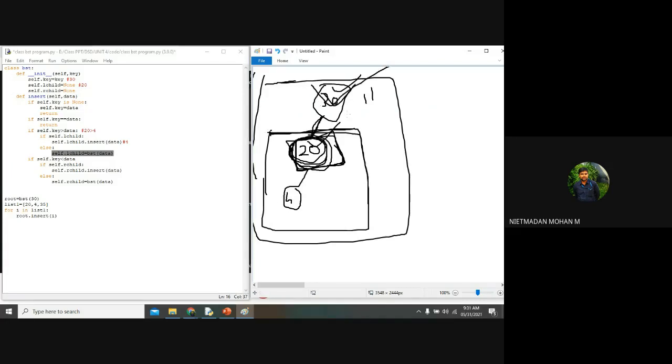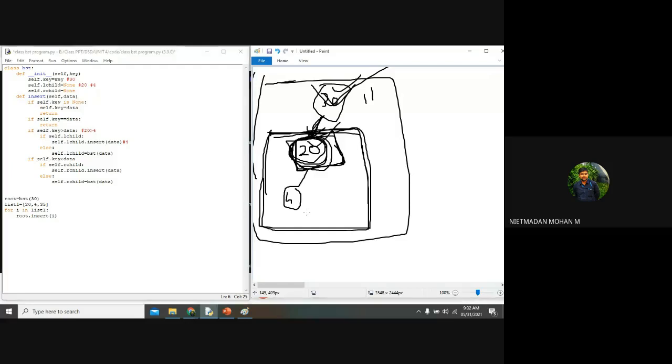It will consider this, so it will frequently change the root node based upon the element you are going to insert. For that purpose, we are using this recursive function. For each individual data, if the child node is available, whether you want to insert on the left-hand side or right-hand side, the recursive function will be called and executed. So again, for this particular 20 node, the left child will be stored as 4.